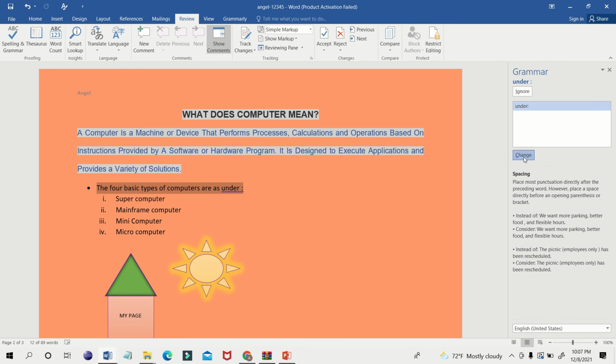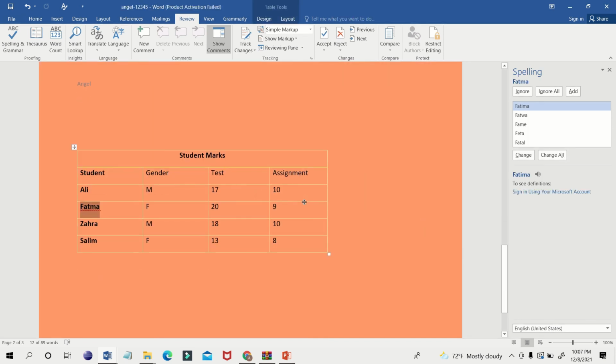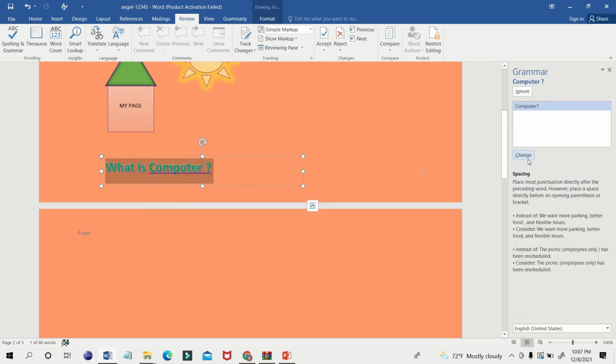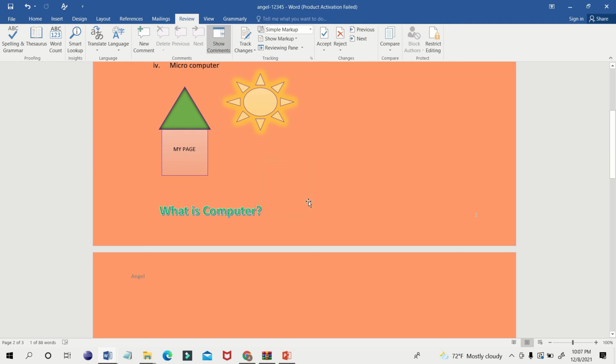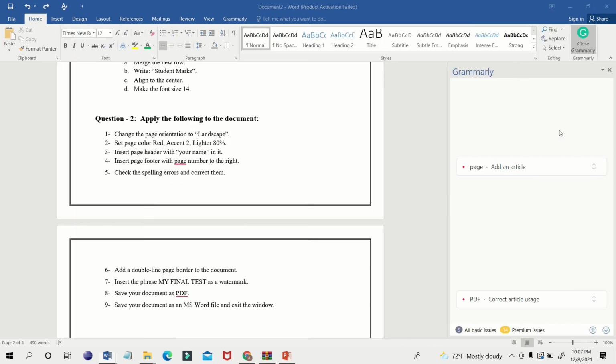It will tell you we are finished checking your selection. Want to check the rest of the document? Say yes. So this one also change, change. So everything is changed. Now spelling and grammar is complete. It will check your page.